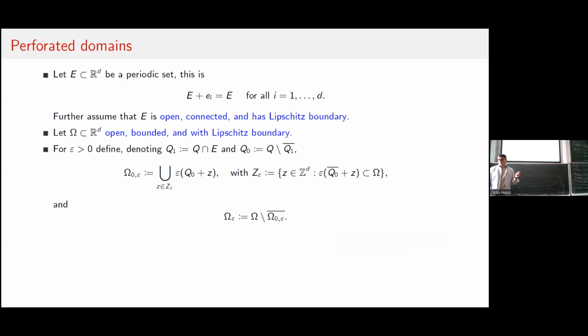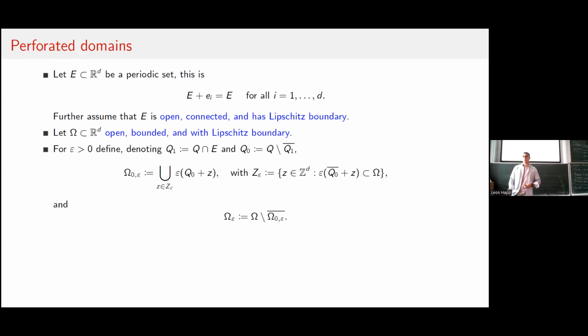And then going on, we define the union of the holes for our purpose as the union over all translations of this, but only over those integers such that the scaled down version of the holes is compactly contained in our set omega. So what we do especially is we only take those holes which are well separated from the boundary. And then we define the matrix part as the complement of this special union of holes.